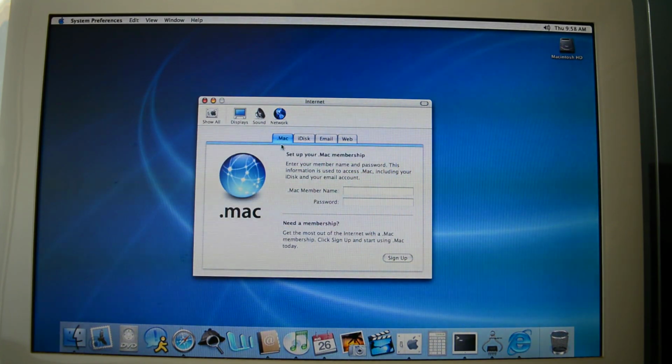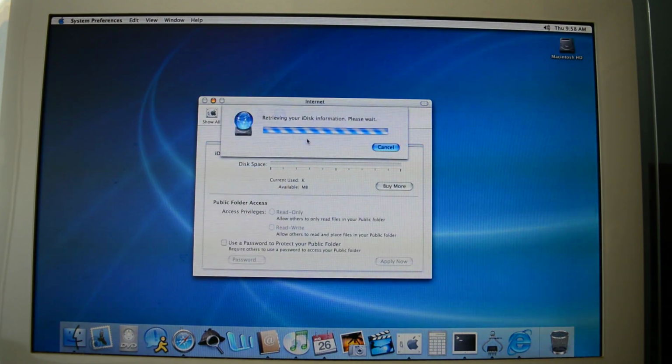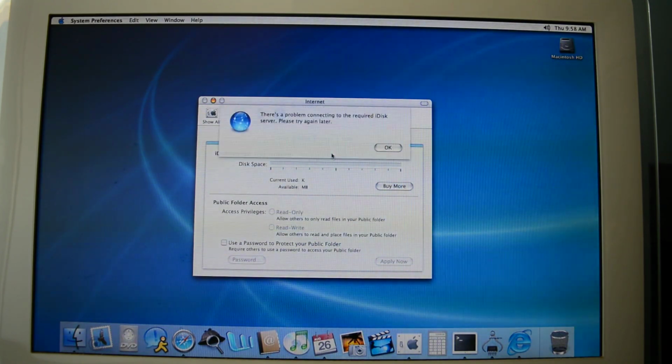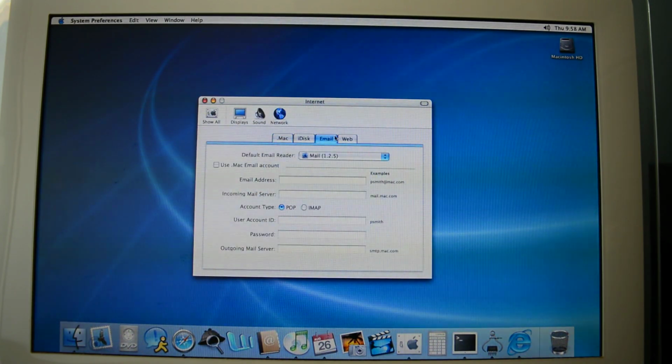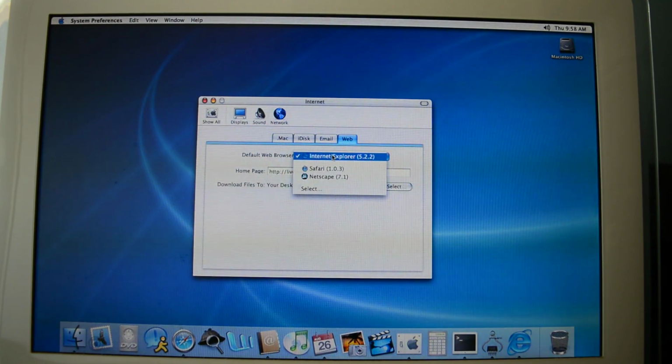But it came at a time that wasn't very good for that. It's a bit ahead of its time. Then we have iDisk, which, yeah, that's not going to be able to do anything. Email, which is basically the email service. I'm pretty sure that this is just using Apple's default mail thing. Then we have